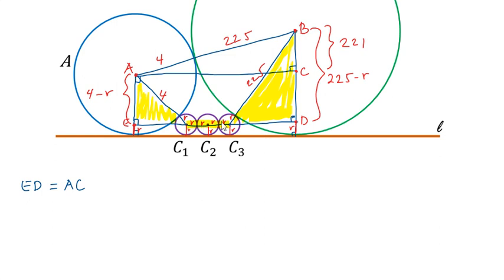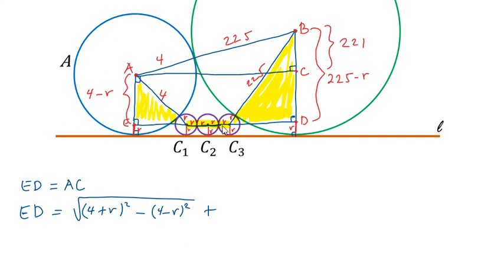Okay, now if we do that, ED is just equal to the square root of the square of 4 plus r squared minus 4 minus r squared. Okay? Plus